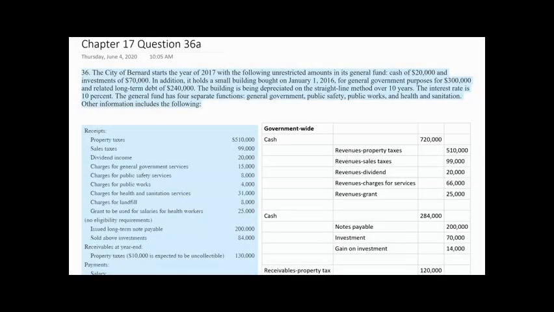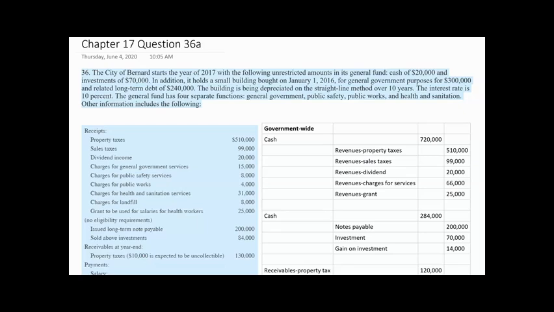I'm going to use this video to talk about question 36 of chapter 17, requirement A. This requirement is asking for the statement of activities and statement of net position for governmental activities of the city of Bernard. And to prepare these two financial statements, we need to complete the whole accounting cycle, starting with